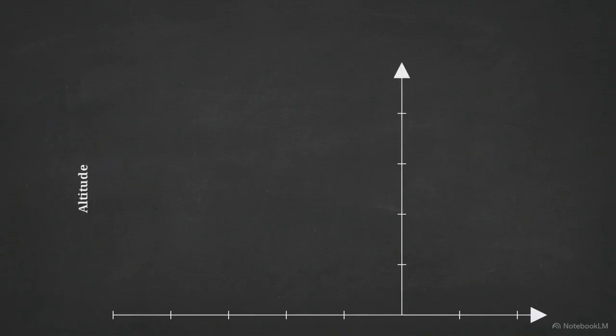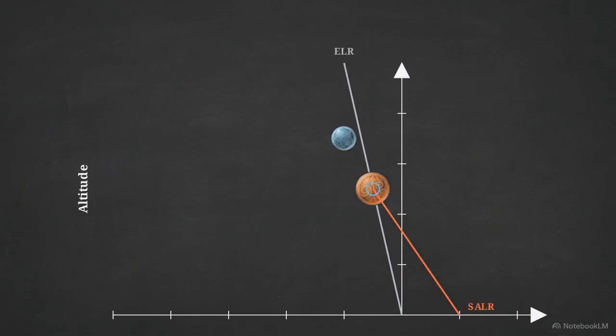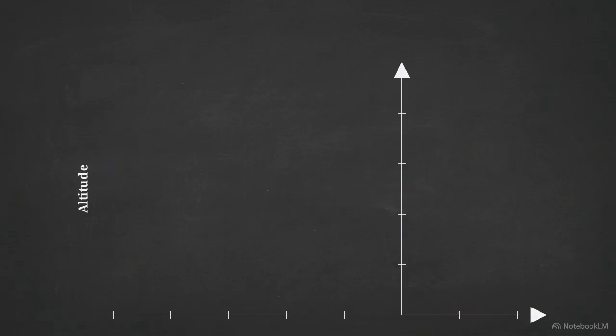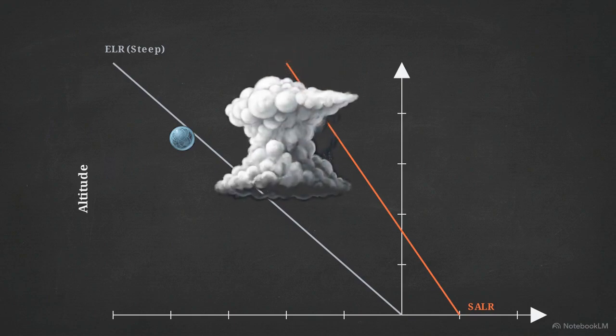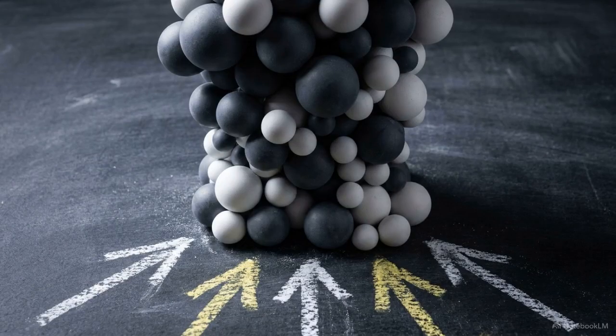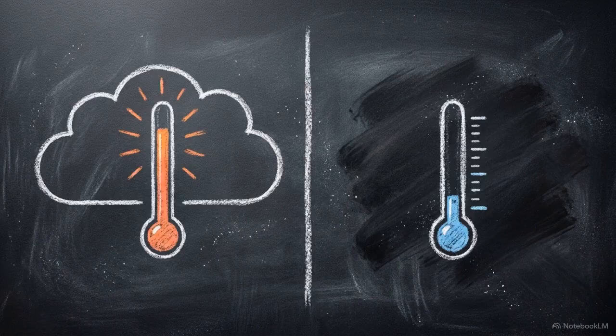In a stable atmosphere, the ELR is weak. The rising air quickly becomes cooler than its surroundings, causing its ascent to stall. This results in the air spreading out horizontally into stratiform layers. If the ELR is steep, the ambient air cools rapidly with altitude. The rising parcel remains warmer than its surroundings, allowing it to accelerate upward. This mathematical relationship creates hazardous cumuliform vertical development. A cloud's size and danger level are dictated by the thermodynamic tension between its internal cooling rate and the external